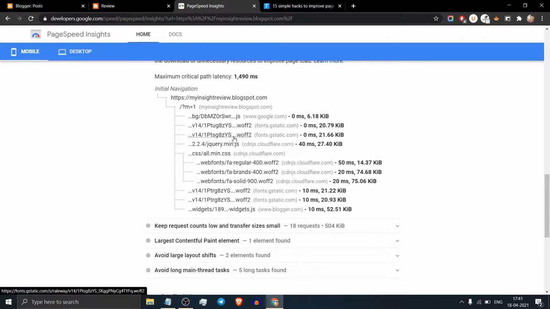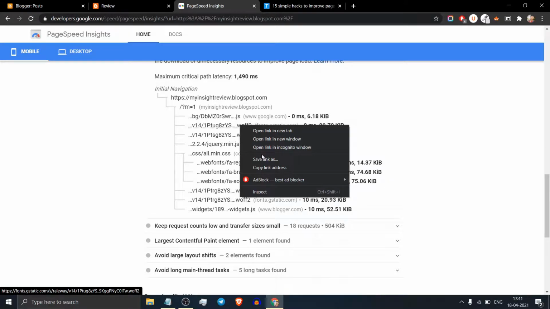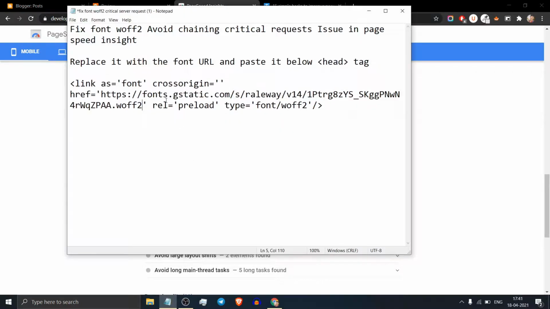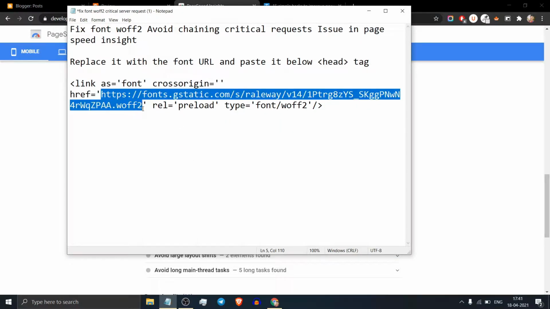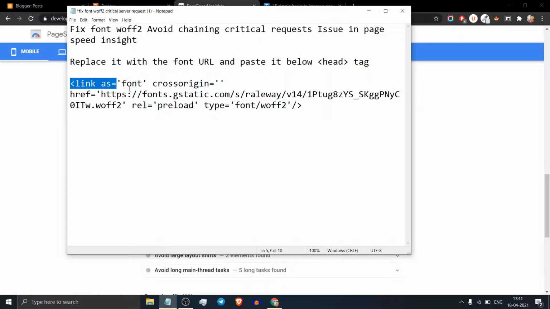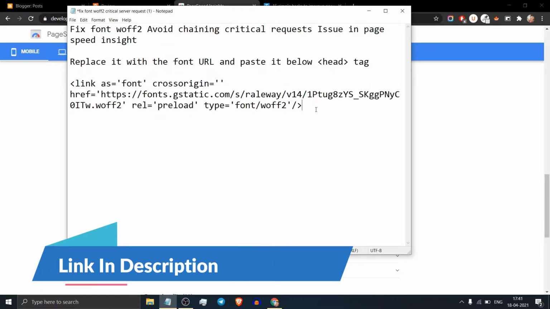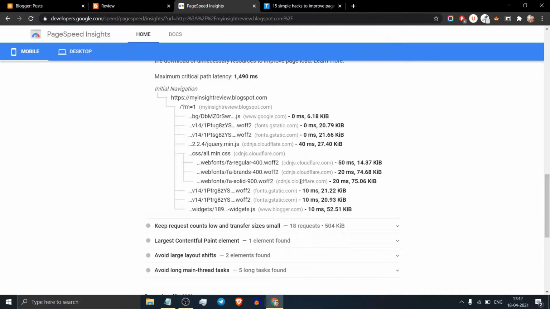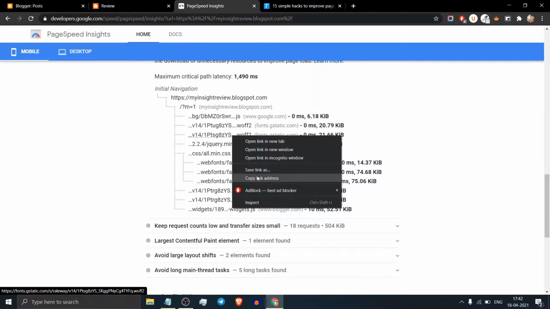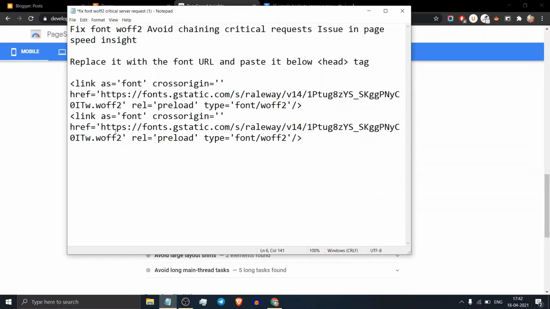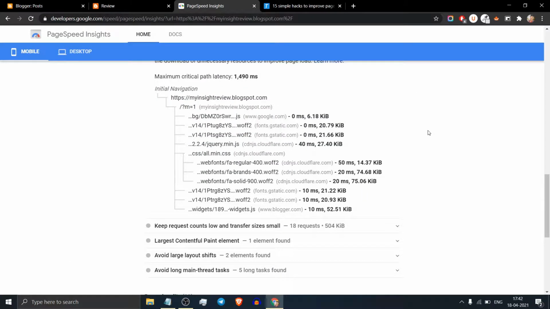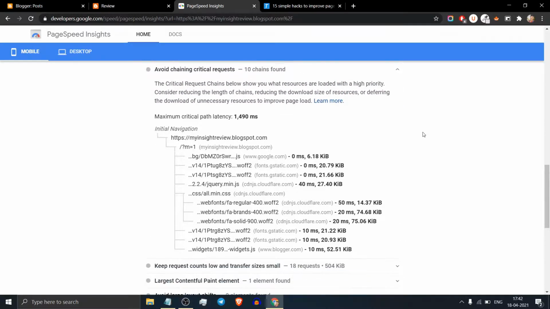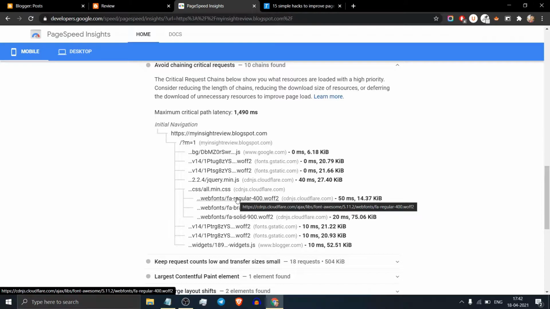First of all, copy this first URL which is in WOFF2 format. Click on copy the link, and here replace the URL. Now copy this code and paste it below, and now copy this second font URL and replace this URL here. In this way you can copy all the web fonts that are causing the chaining request in your website. Let me copy all the web fonts one by one,